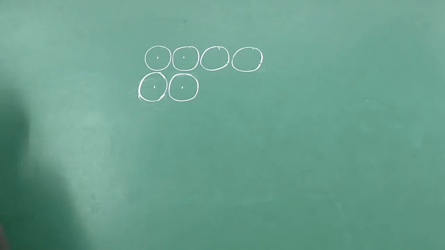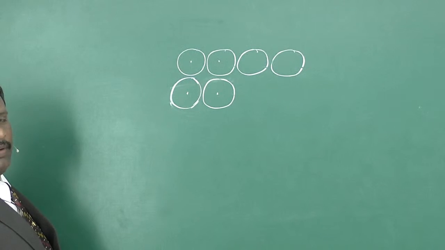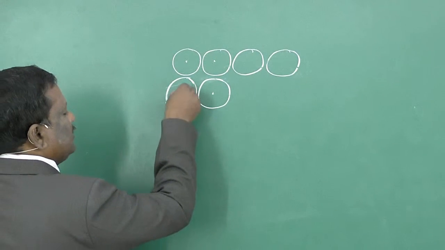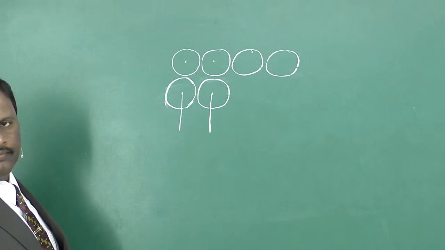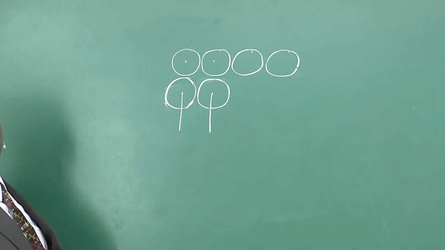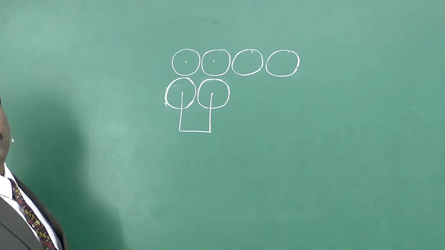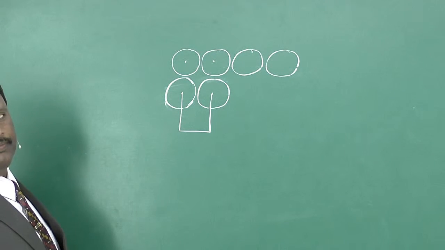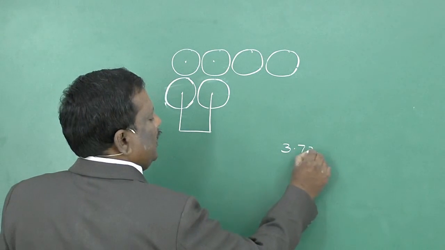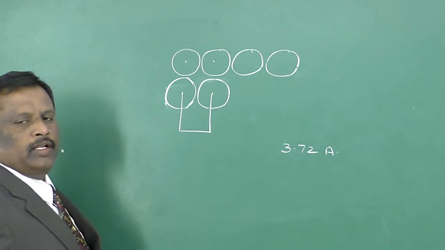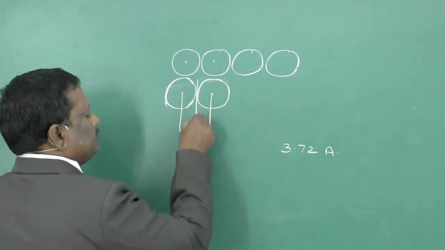Now in a metal crystal, these are the two adjacent metals. For example, in a sodium crystal, sodium atoms are closely packed together like this. They are at the minimum distance with each other. This is the internuclear distance between the nuclei of two metal atoms that were bonded with a metallic bond. This internuclear distance is 3.72 angstroms. So half of this internuclear distance,